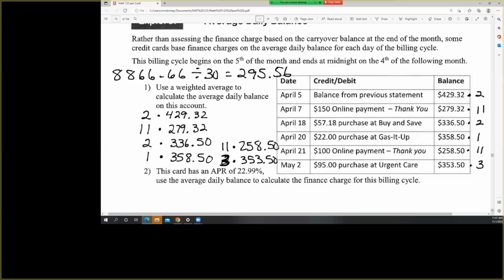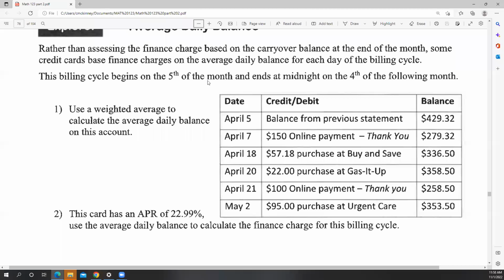So like my credit card, I had a couple of months where I had three things. I had statements balance, and then I had new charges. If I paid the statements balance in full, are those new charges